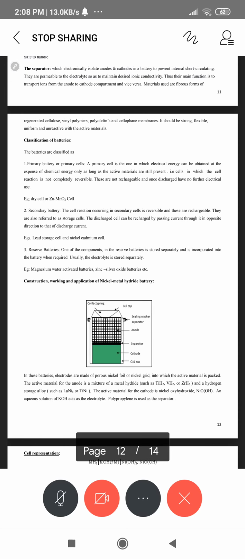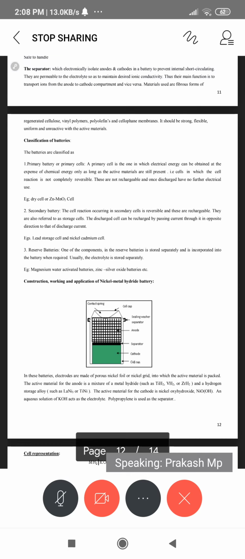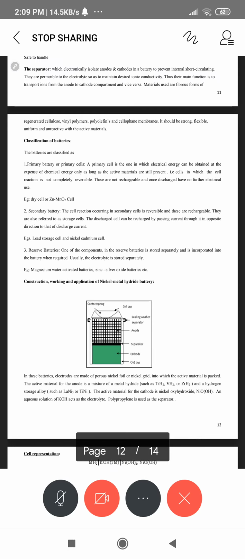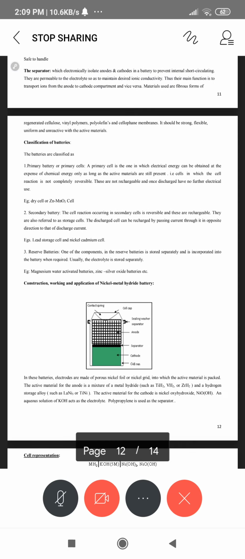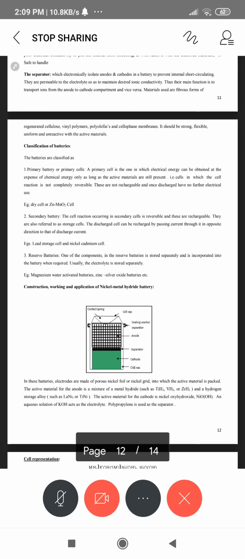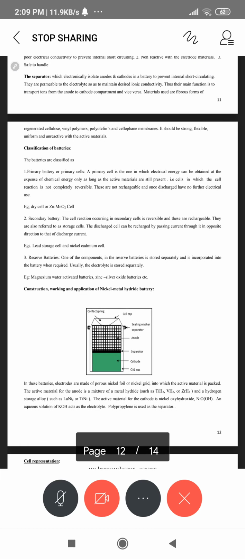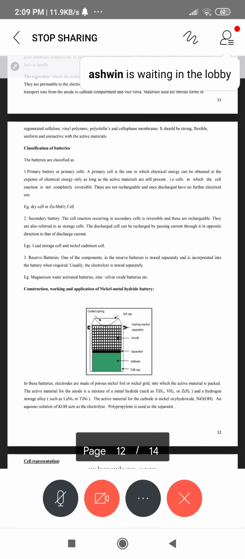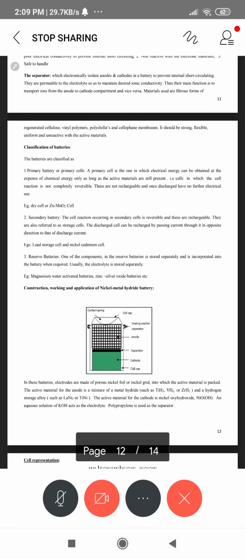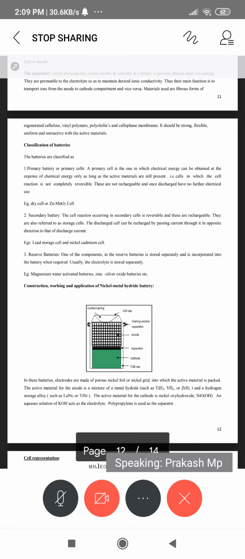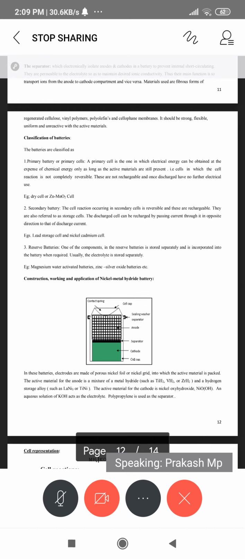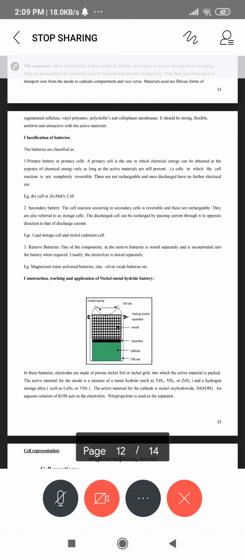There is no excess of any byproducts released. Of course, this means these are the types of modernized battery: nickel and metal hydride. In this battery, nickel we can call the cathode, and metal hydride acts as the anode. Of course, you already know this is for improvement of the characteristic features of batteries.